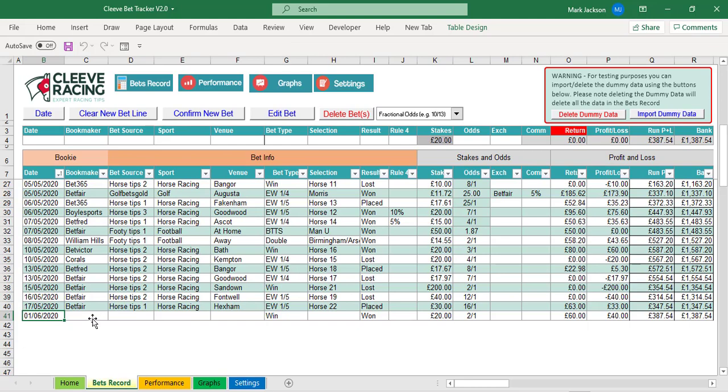So you won't find that bet in the performance sheets, because it won't know which bookmaker it was, which sport it was, or which venue it was. So the more information you put in, the better. You can always go back and edit these, as I say. Now, one thing you can do is, if I just delete that bet,